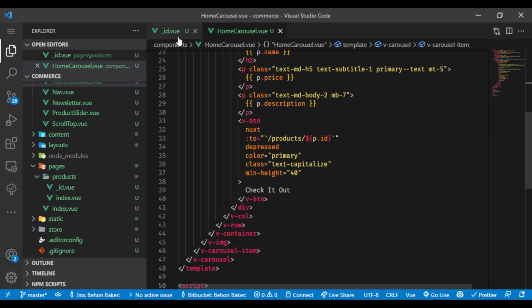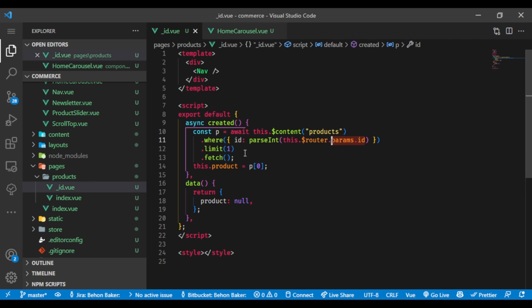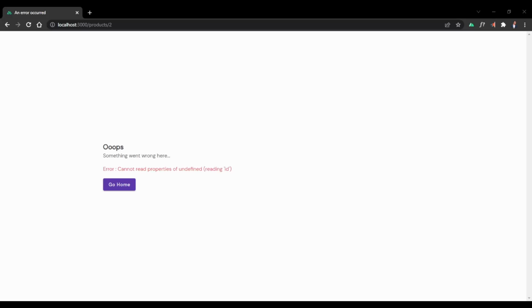I think the issue is here. Yeah, the issue is here. So instead of router, it should actually be route. So this route.params the ID. So jump back to Chrome and refresh this page,